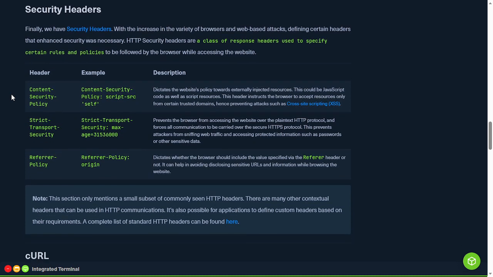Security headers. Finally, we have security headers. With the increase in the variety of browsers and web-based attacks, defining certain headers that enhanced security was necessary. HTTP security headers are a class of response headers used to specify certain rules and policies to be followed by the browser while accessing the website. For example, the Content-Security-Policy, script-src 'self',